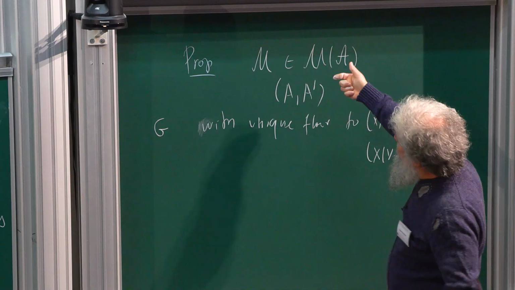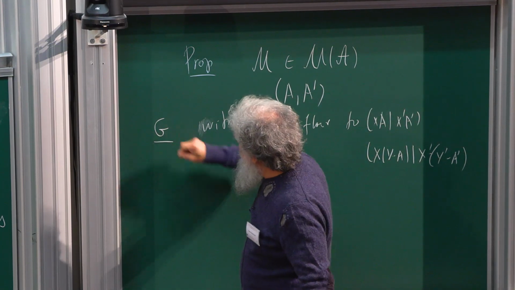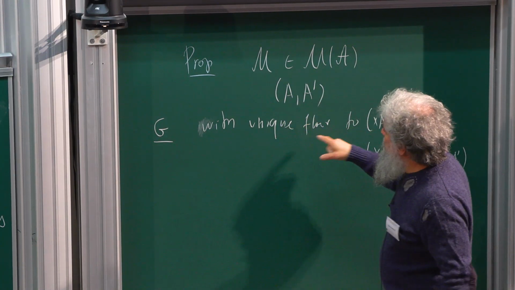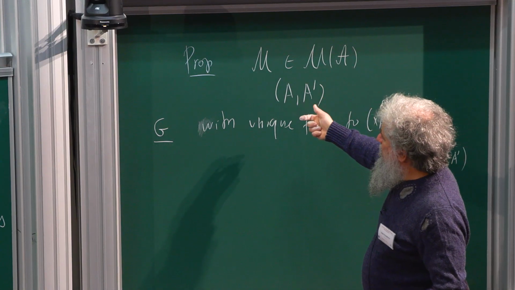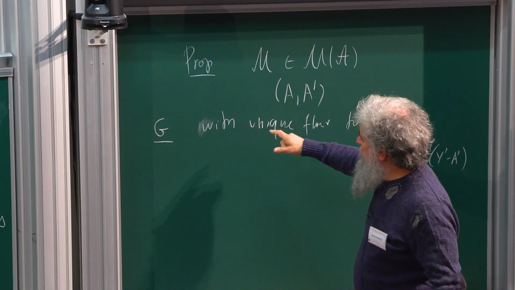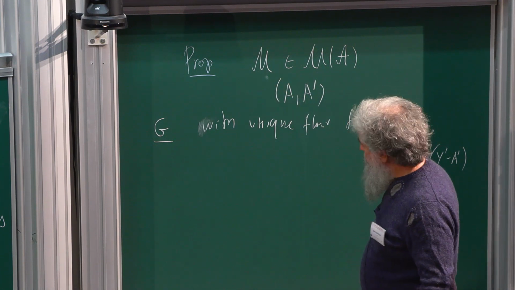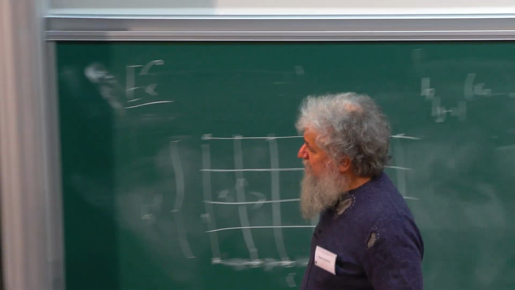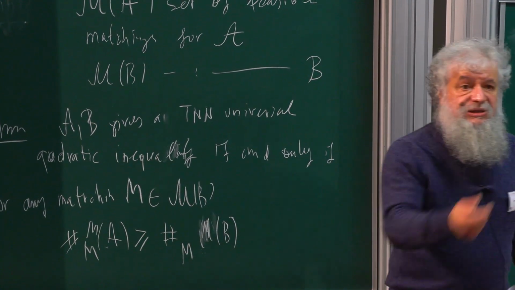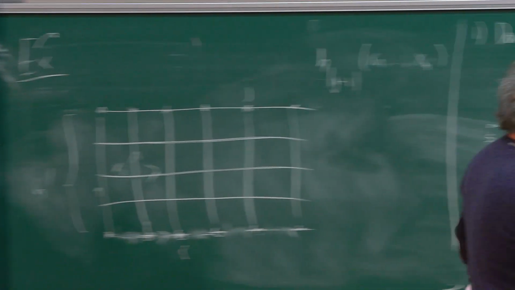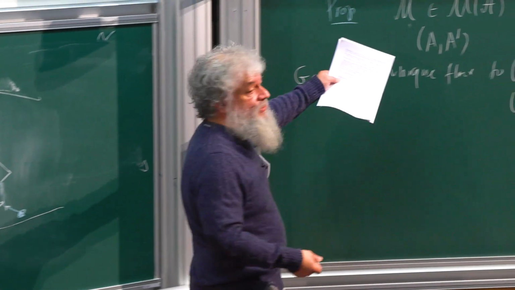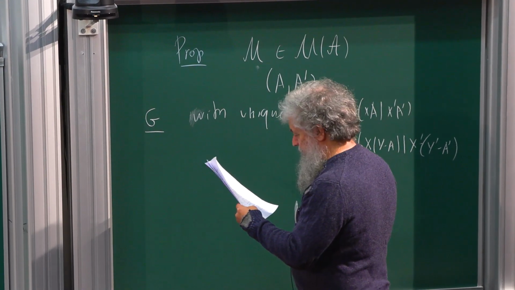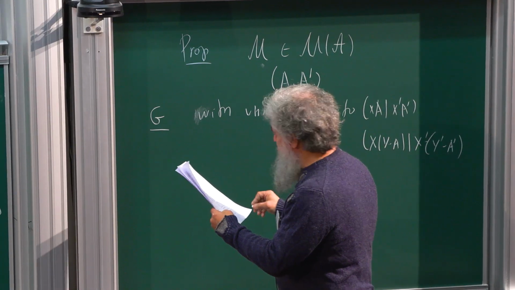And then, if we just have such a graph with a unique flow, then we can define the matrix. Then we can just put weights 1 for this unique flow, and we get that any other flow is 0. And so if we have some matching which is here but not here, then we can construct a graph which gives us value 1 at M and 0 at all others. So therefore we will get a contradiction. And I will just explain how we construct this.